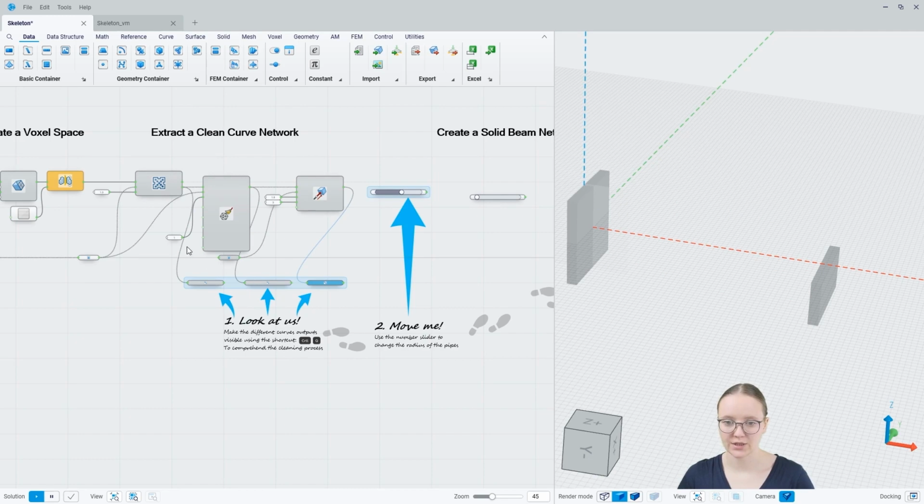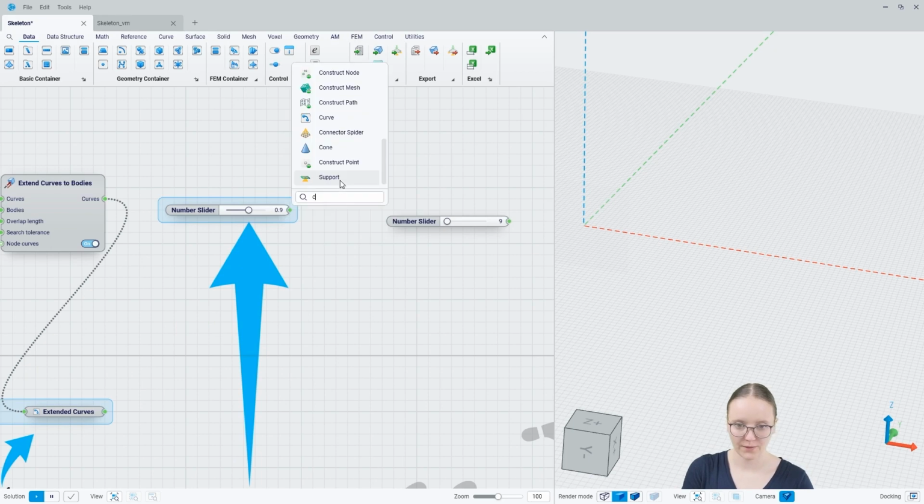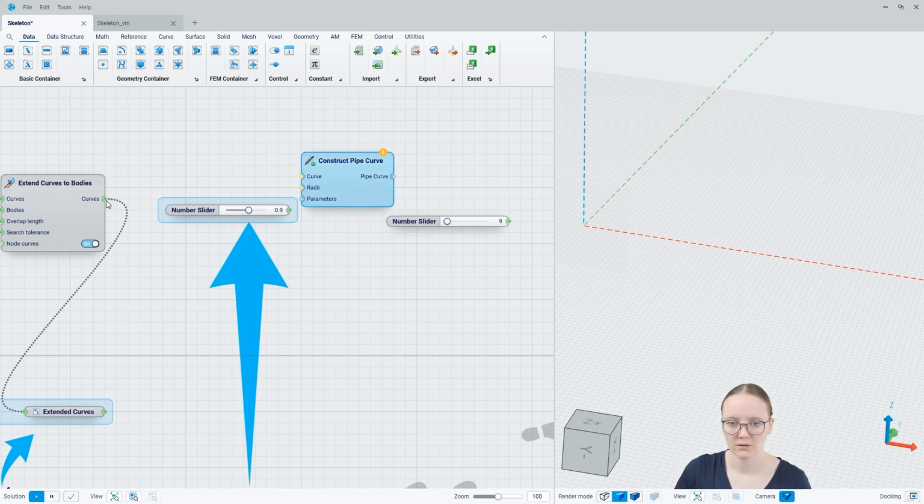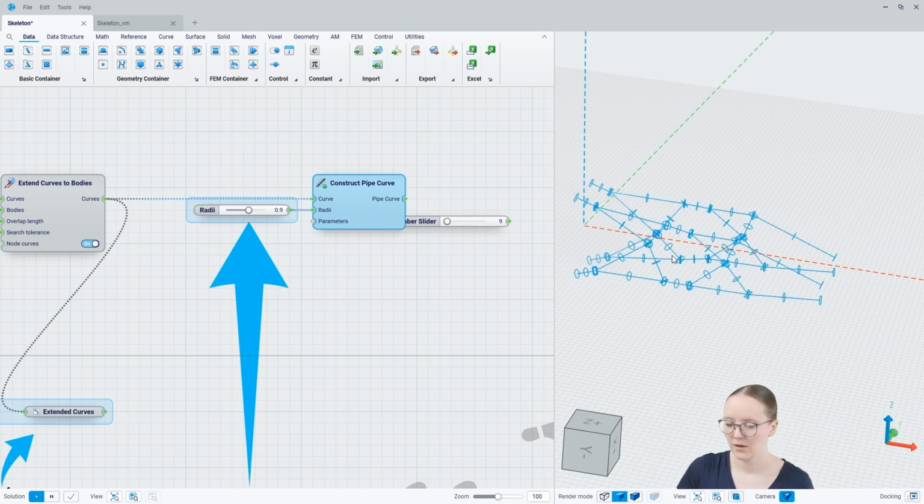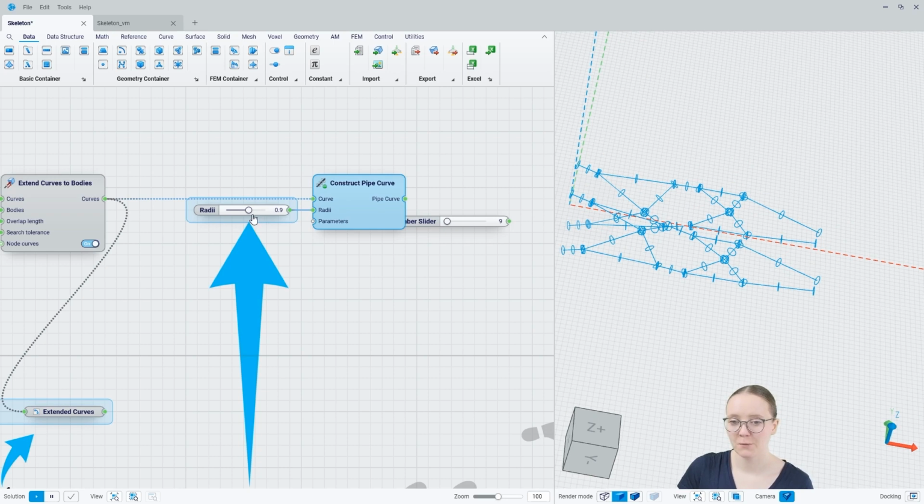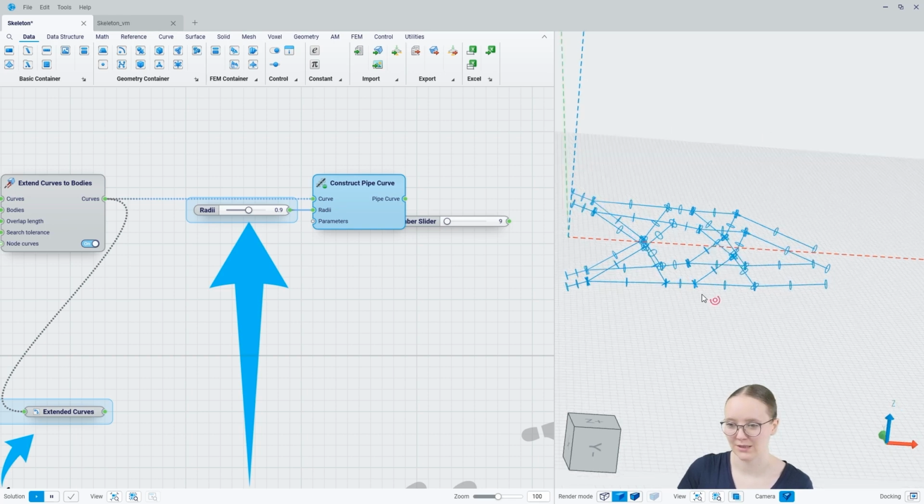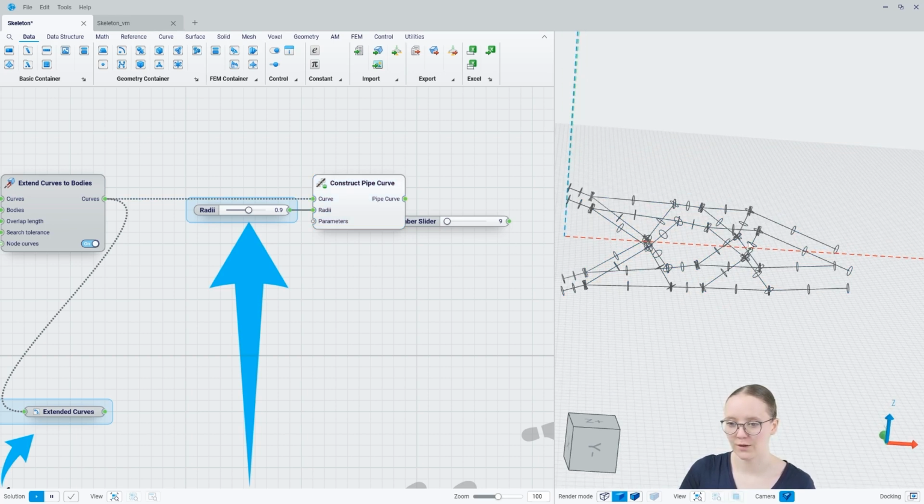And now we can actually continue with the third step, which is creating a solid beam network. We will construct pipe curves from the clean curve network that we have. Plug in those curves and then use this radii. And as you can see now, we defined the curves and all those radii. Right now we just have one radii or one cross-section radius for all the curves. This is what would be optimized in a cross-section optimization. But right now we will just work with one radii over the whole curve network as a simplification,